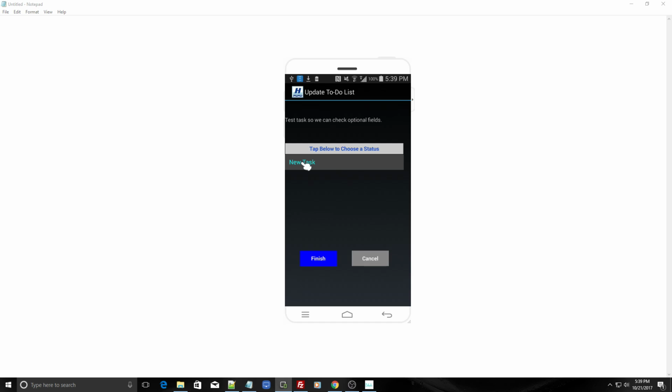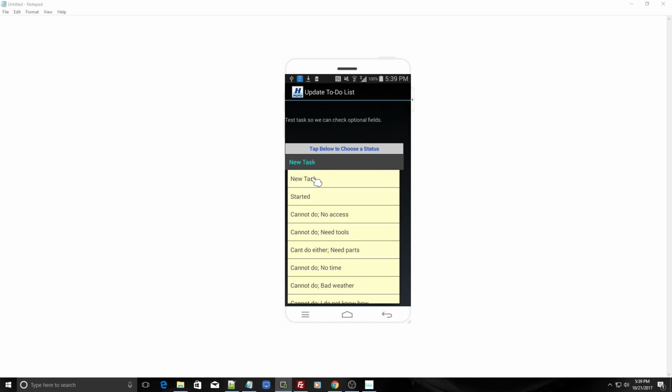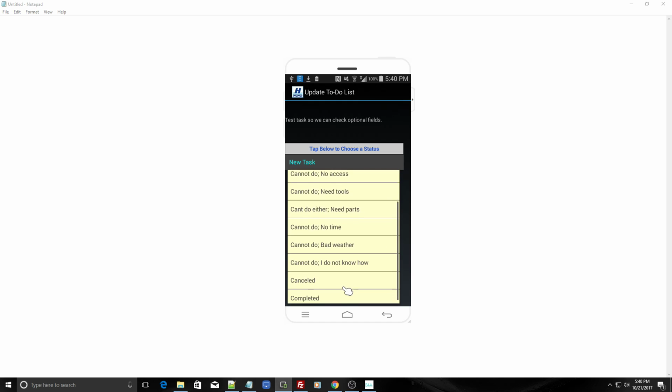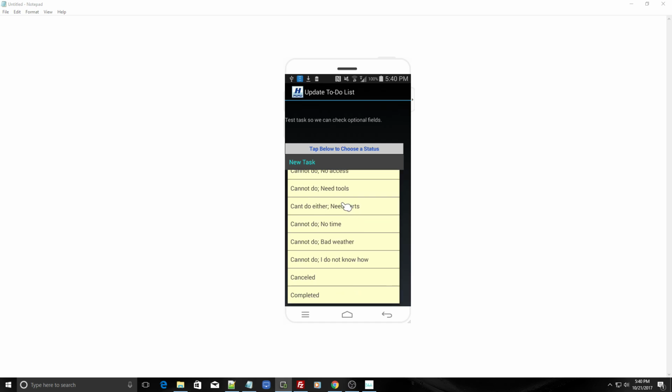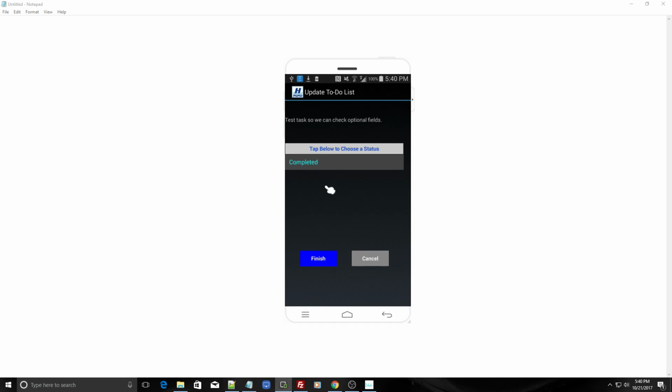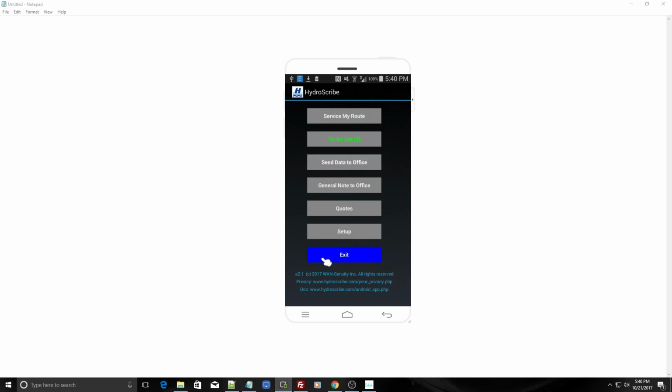So I just click on new task, which is the first value, and as you can see, the list goes down and it's scrollable. So let's say we've completed this particular task. So all I have to do here is click completed,